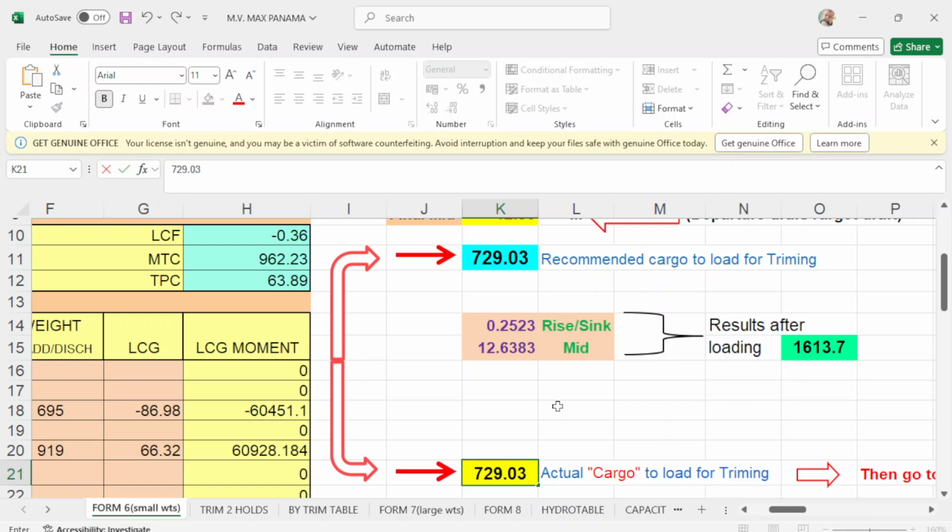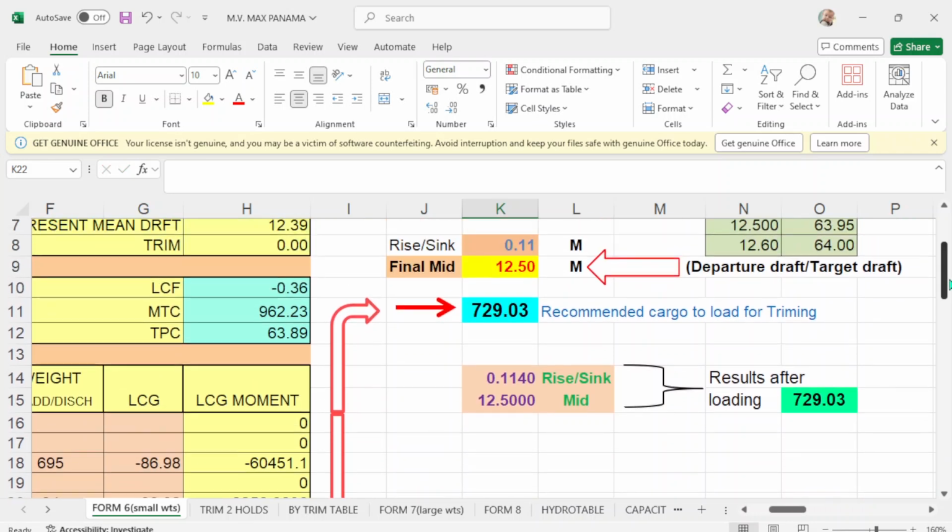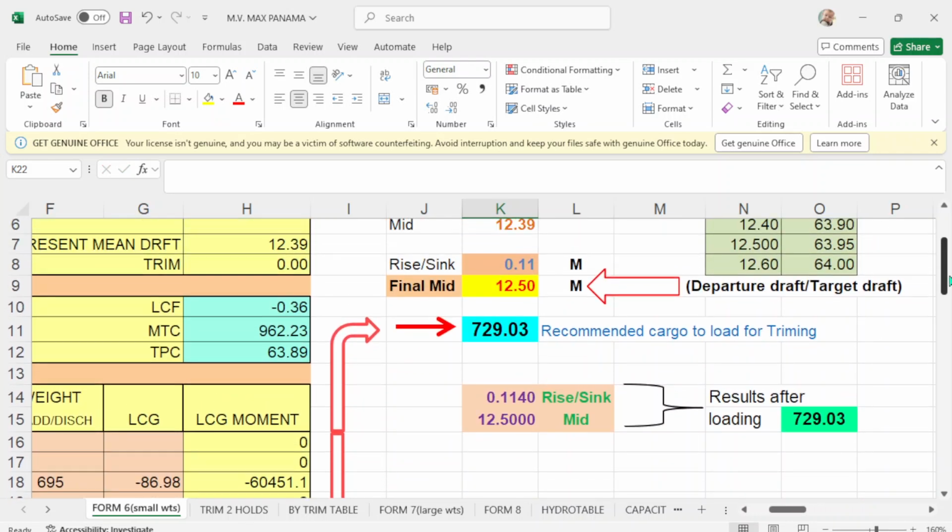729.03. This is your draft, the old draft, when you're floating in 1.015 and your sinkage or your rise is 11.14. Exactly 11.14.